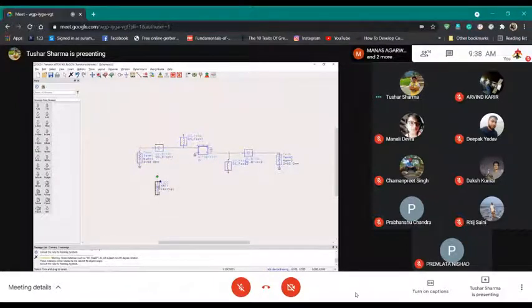Okay. Then you connect VGS here. And the other port will be grounded. So go take this ground. Control R is for rotation. And then similarly, you take here and do VDS.